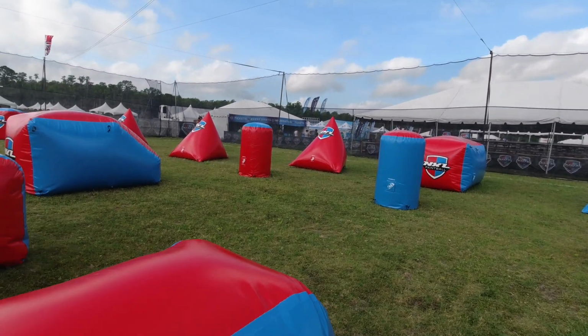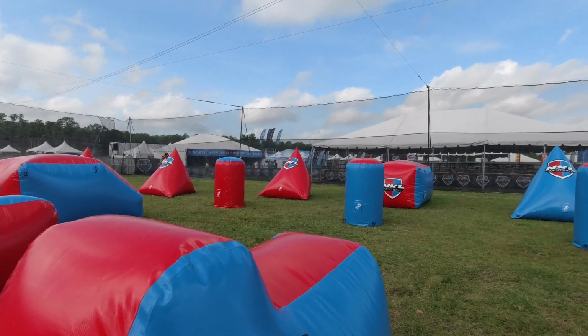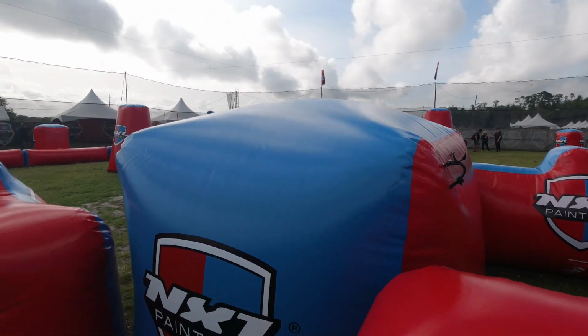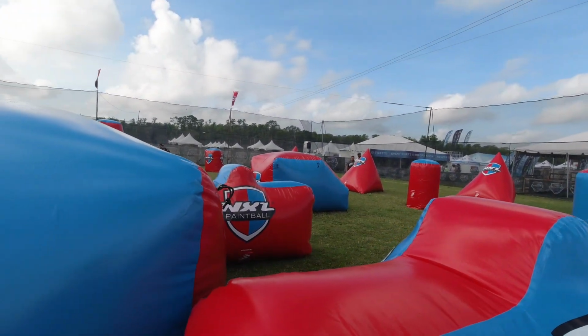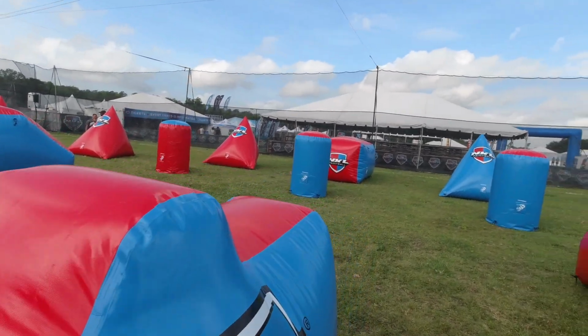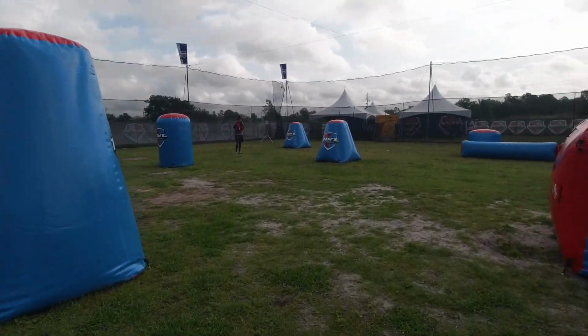But this shot is always going to be a little bit different whenever you walk out onto the field. So just kind of looking and seeing what we got going on here. And then we got,